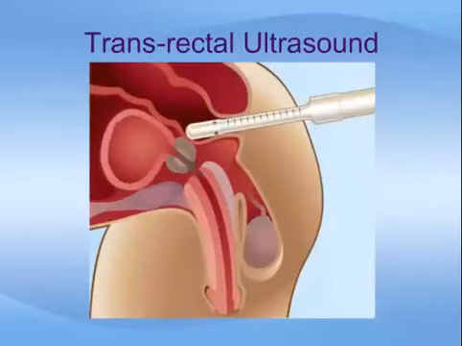Prostate ultrasound, also called transrectal ultrasound, is rarely done for prostatitis, but may be required in special circumstances. For this test, a probe is inserted into the rectum to take photos of the prostate and display the images on a screen. The size of the prostate can be measured, and abnormalities of the prostate can sometimes be detected.